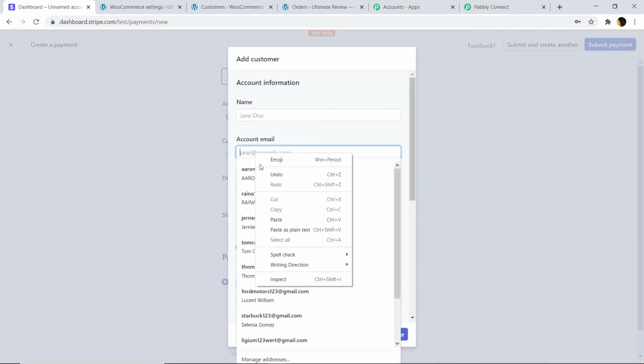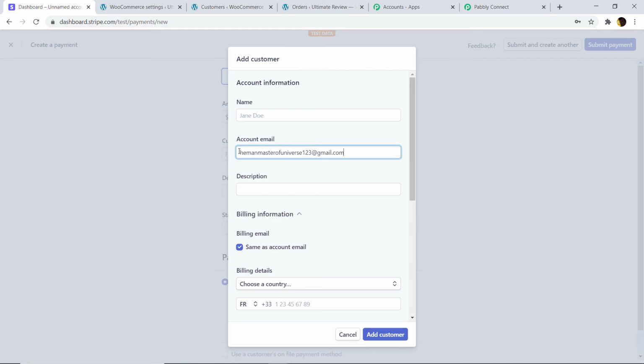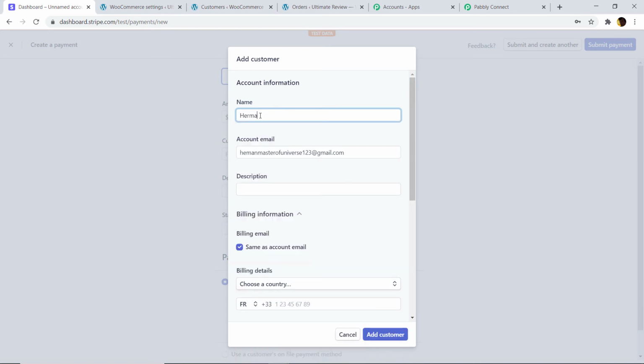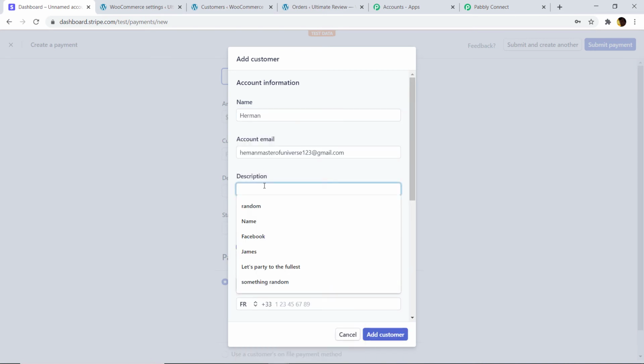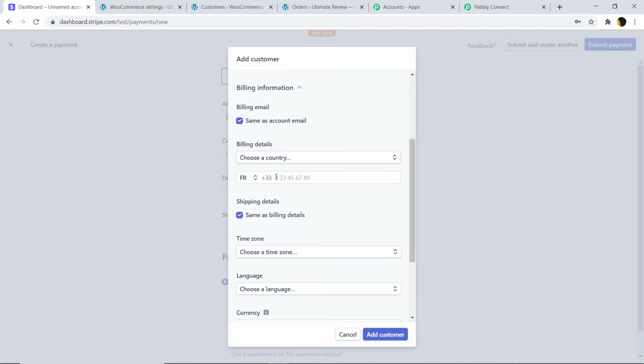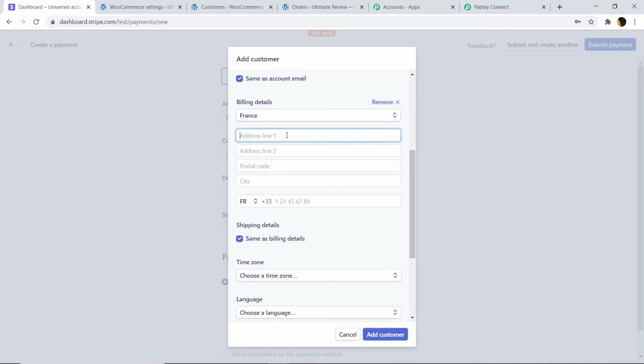In the email, let's paste the email he-manmasterofuniverse123@gmail.com. The person's name is Herman and the description is, let's say, Goring. The country Herman Goring is from, let's say, France, not Germany, France.